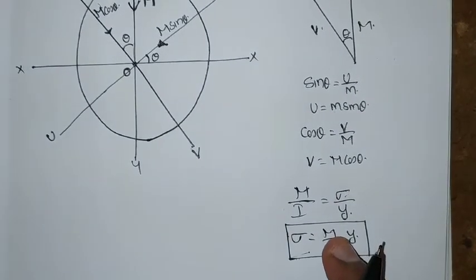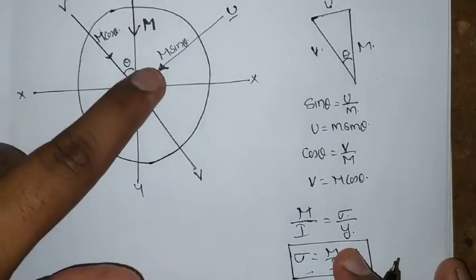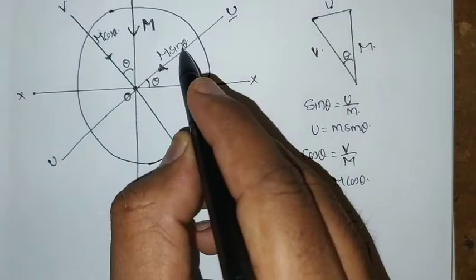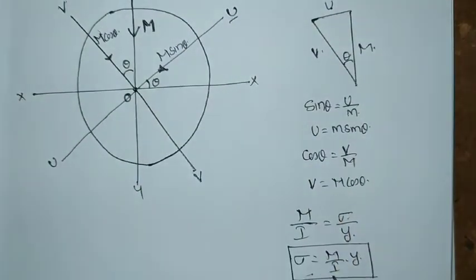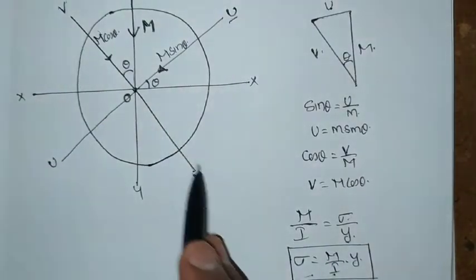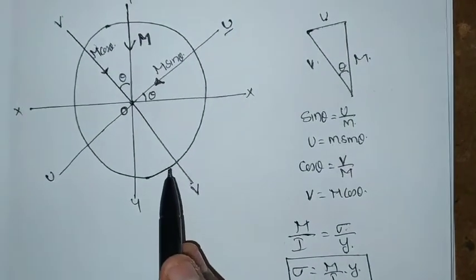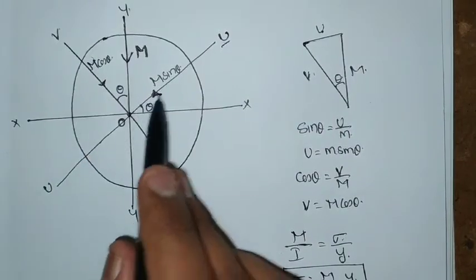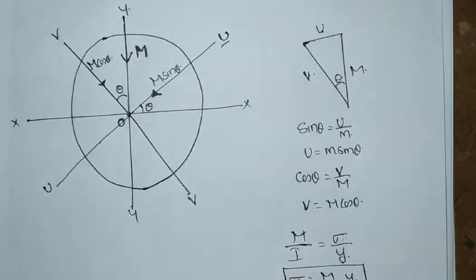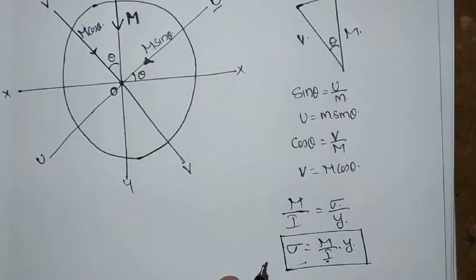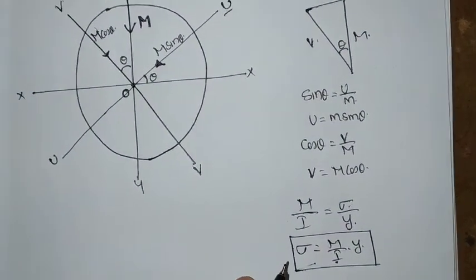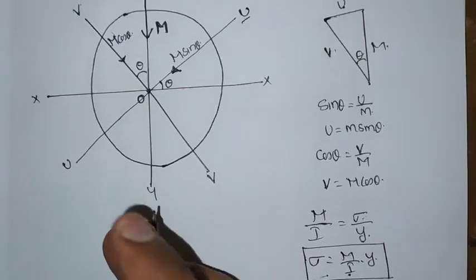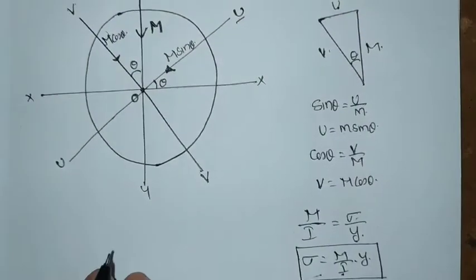So here we have found out the moment for the u and v. For the u and v we have found out the moment, and I is nothing but, when the moment m sin theta is acting in this way, the moment of inertia will be I vv. Similarly, when the moment is acting as m cos theta, the moment of inertia will be I uu, and the y bar will be the same for both the conditions. So now we will find out the stresses, first along the plane u.